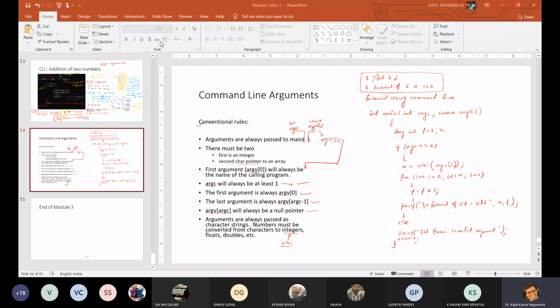So let me run this program using the command line, because you cannot run this program simply in Code::Blocks. Why? Because Code::Blocks executes the program, it will not use the command line. So let us write vi factCLI.c. Okay. Hash include stdio.h, then include string.h, then integer